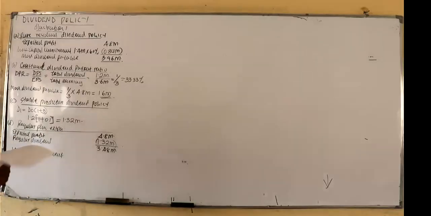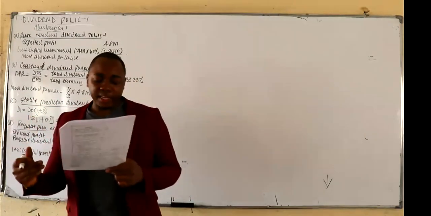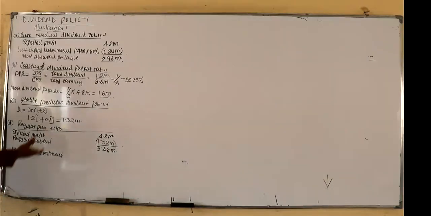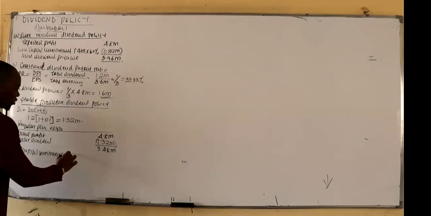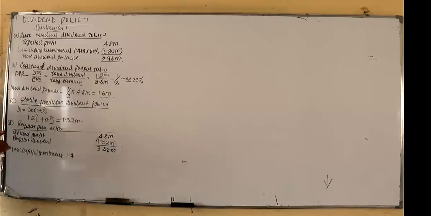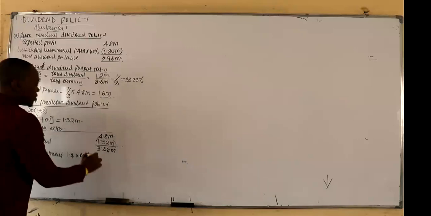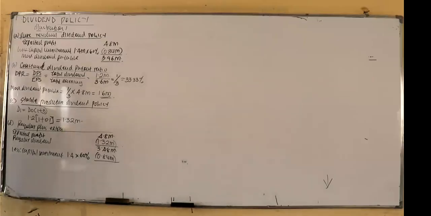Read number D again. We're told that regular plus extra dividend policy, and the regular dividend will be based on the long-term growth rate earnings, while the extra dividend will be based on the residual income. Residual is what will remain after undertaking all the viable projects. So you have paid the regular dividend, then you will take the capital expenditure. Now, the expected project will cost 1.4, but we have the optimal capital structure, whereby 60% is equity, 40% is debt. Now, profit is part of the equity. So the amount that will come from equity, the equity ratio is 60%, of which we got an amount of 0.84 million. Once we take the capital project, now the balance becomes our extra or bonus dividend,